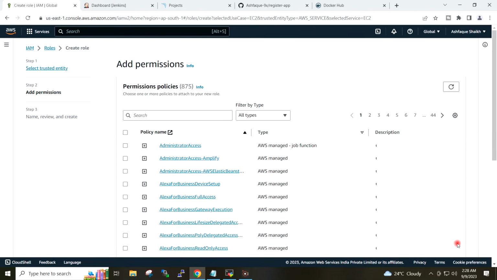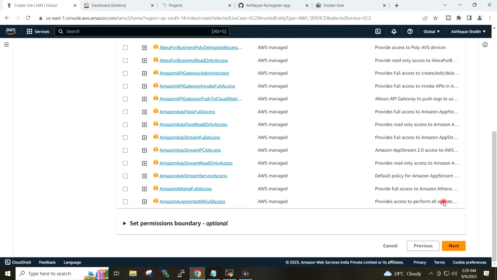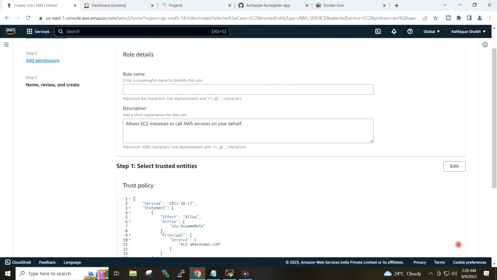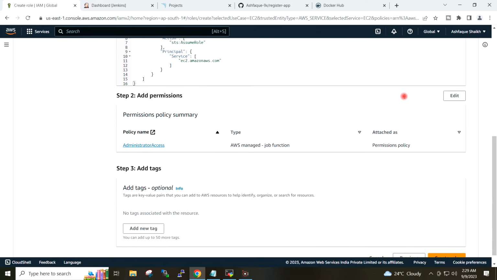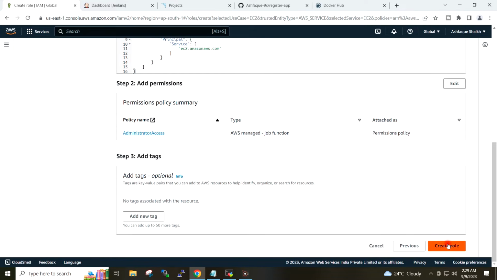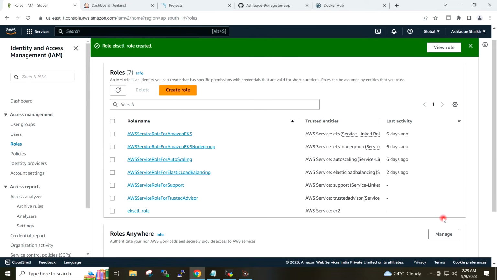Next, I will give the administrator access. Next, I will give the name to the role, EKSCTL_role. Create role. Okay, so role has been created.